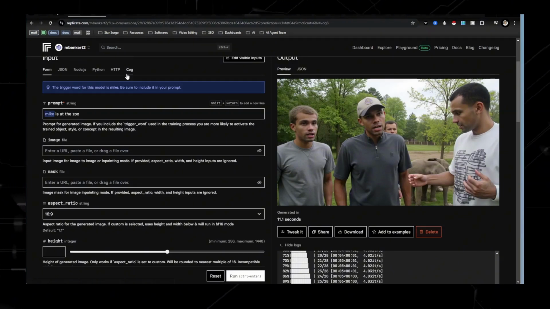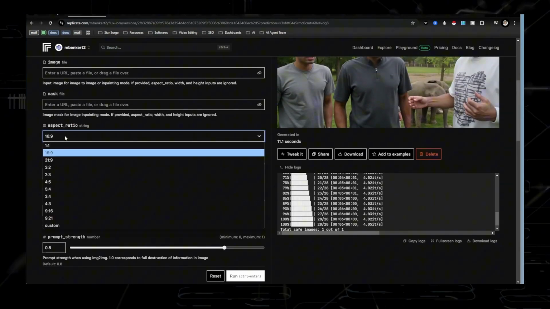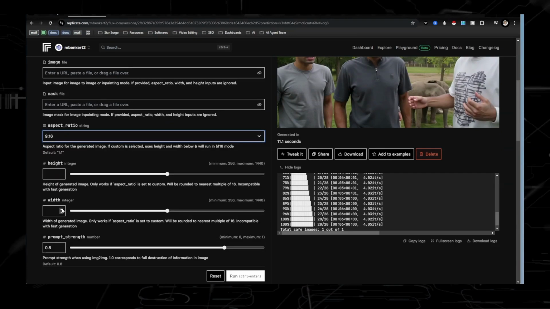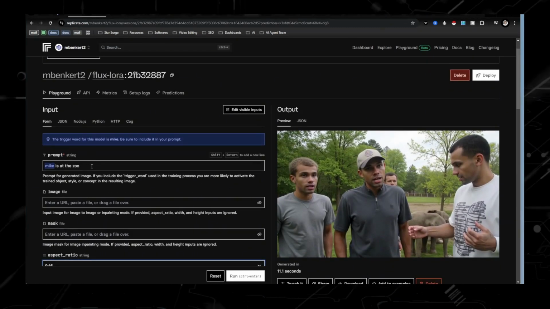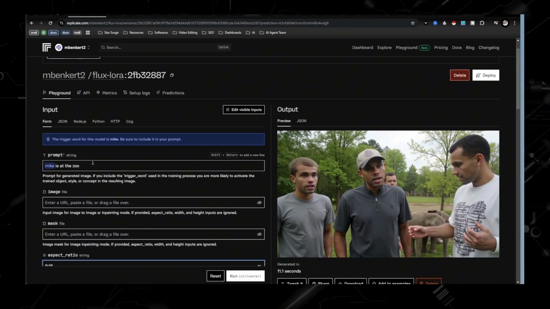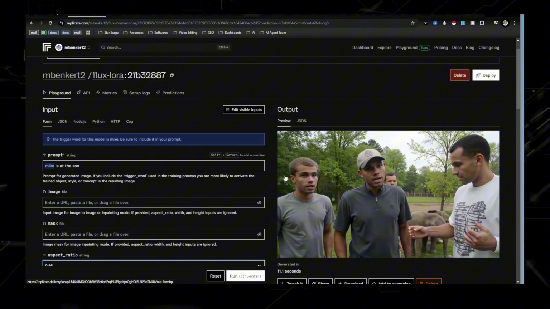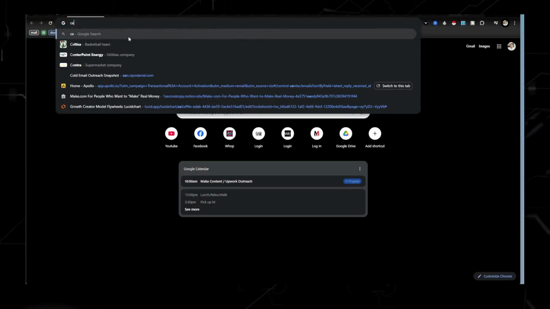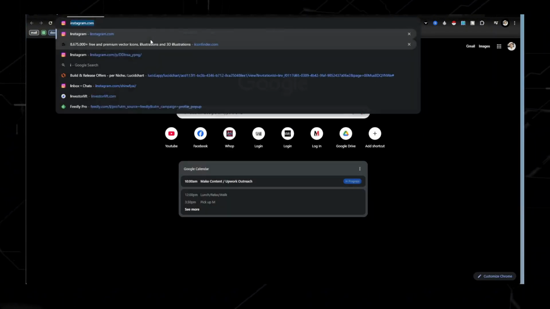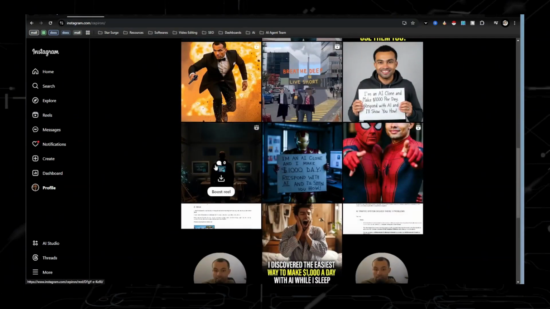Now, obviously, what I would be doing if I was doing this for real is I would make this go down here, make this into a 9:16 aspect ratio, and I would go into ChatGPT and I would make this a more detailed prompt. But this is super beneficial and helpful. Now if we go to my Instagram account, you can see this is what I do for a lot of my short form videos.